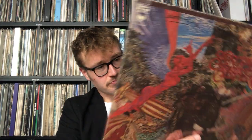Today I'm going to be comparing this to a first US pressing. Why a first US? Well, I obviously do not have a one step. Paying more than $1,000 for a record is just beyond my reach. So, is this the next best thing? We're gonna find out. First of all, let me show you my first US copy that I found about 6